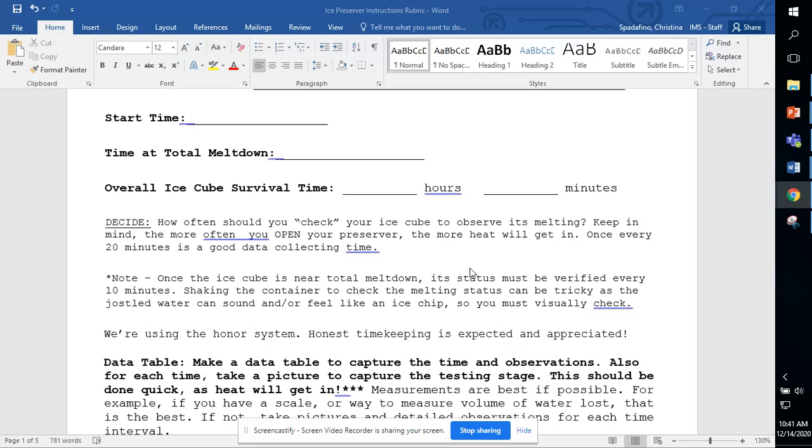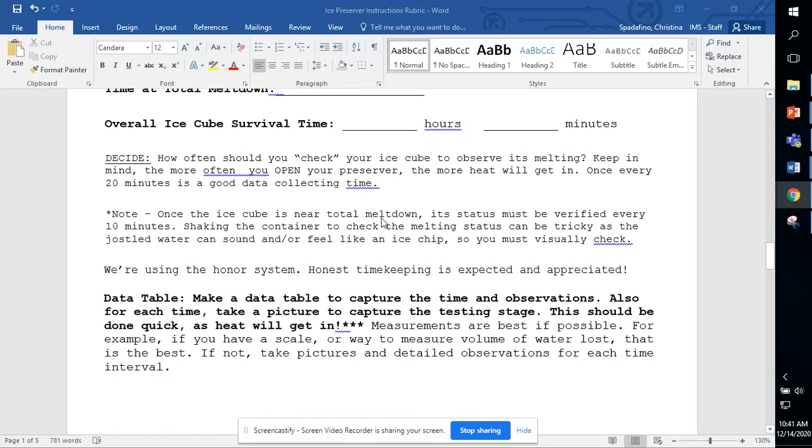Now, a student asked me, well, what if I'm in another class? Well, if that's the case, that's what I'm saying. If you want to test this on Wednesday when you don't have to worry about it, that's great. Set a timer so you know how often to check it. If you're going to check it once an hour, I think you would be safe if we were going into other class periods.